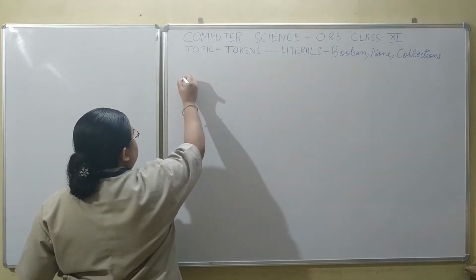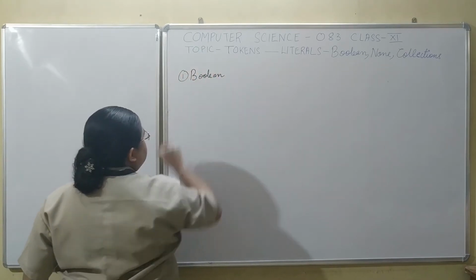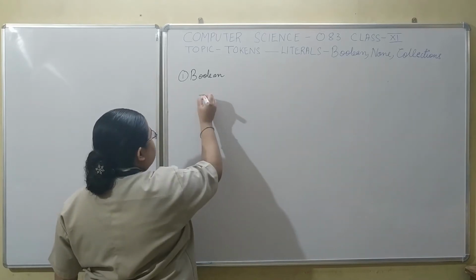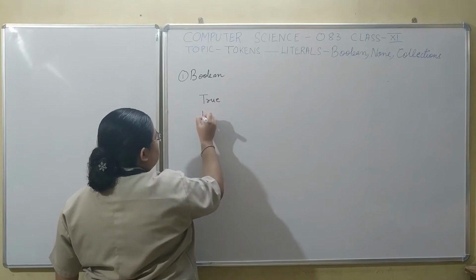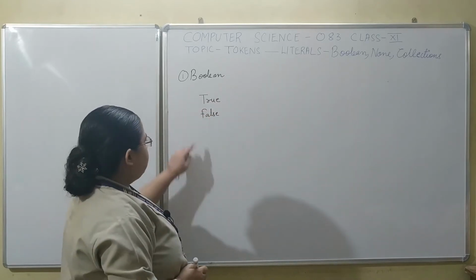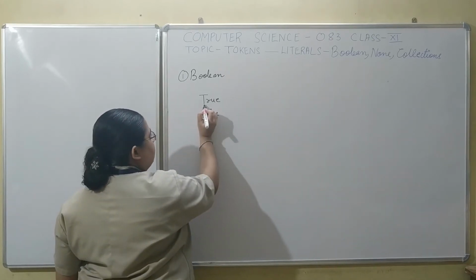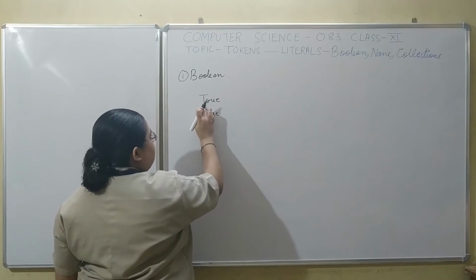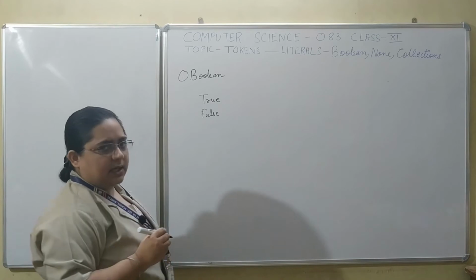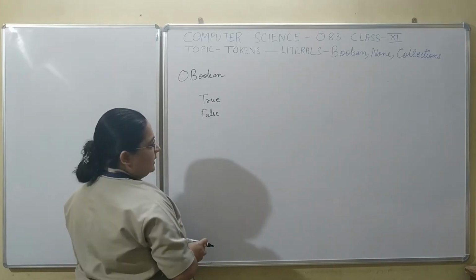Today we are going to see first of all what is a Boolean literal. Boolean literal is actually a type of literal which consists of only two values, true or false. So only two values would be there, true or false, and please mark the case over here. We will have it in capital, that is T capital and rest everything small, F capital and rest everything small. Okay, so this is what a Boolean literal is.